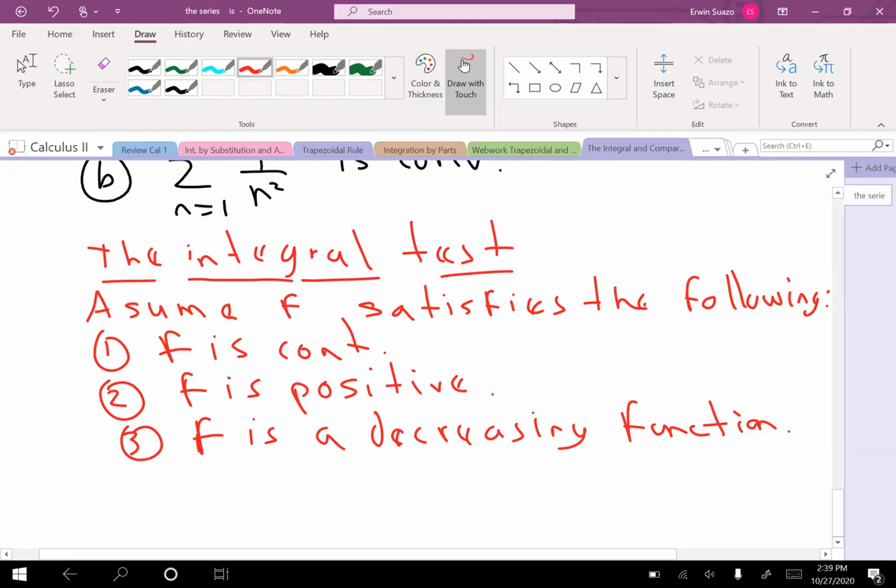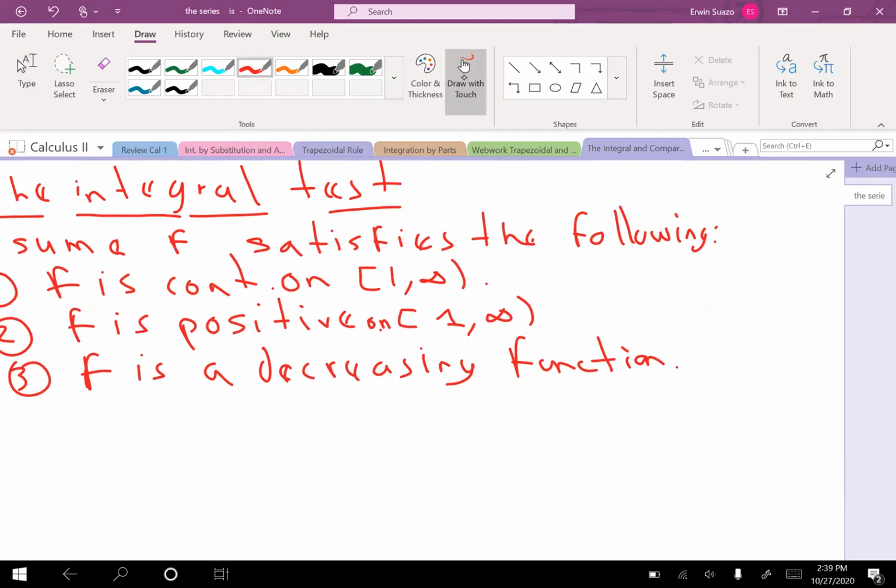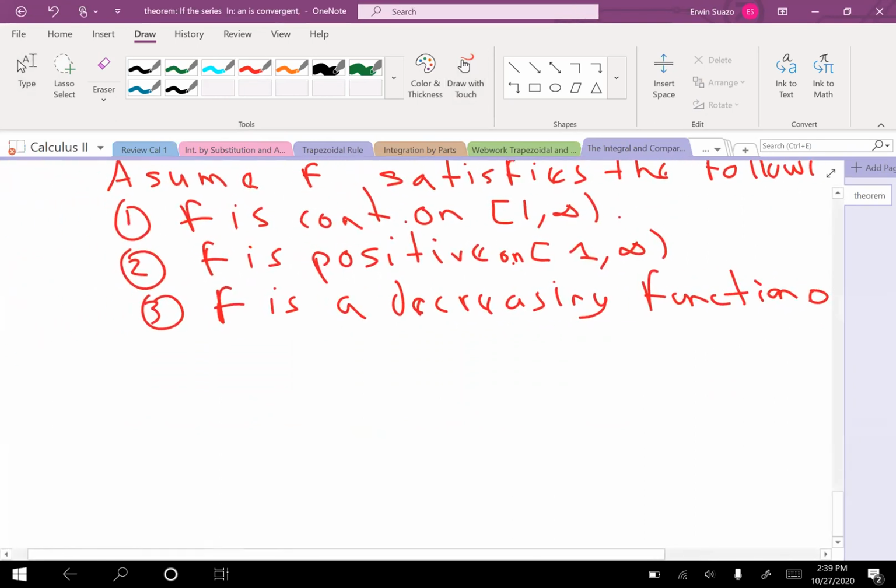So f is a decreasing function. All this on 1 to infinity. So f is a continuous function on 1 to infinity, positive on 1 to infinity, and decreasing on 1 to infinity. Okay. If f is this nice,